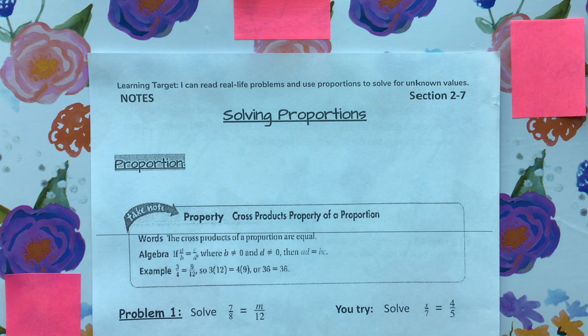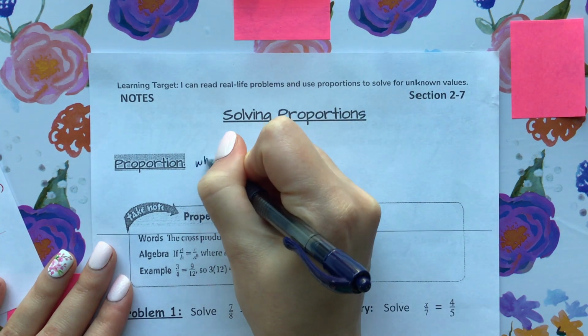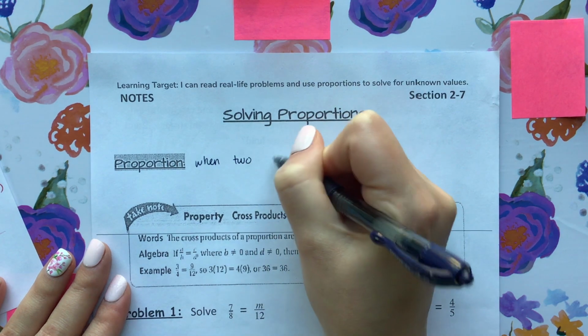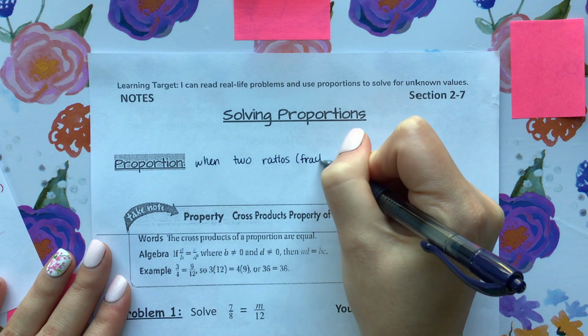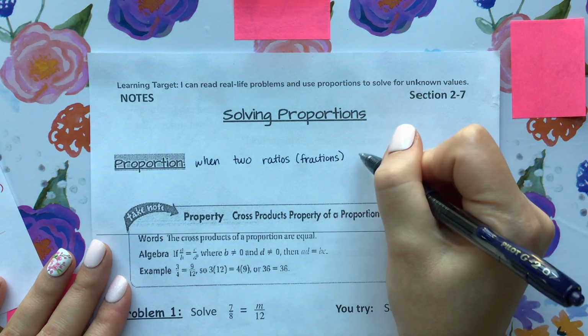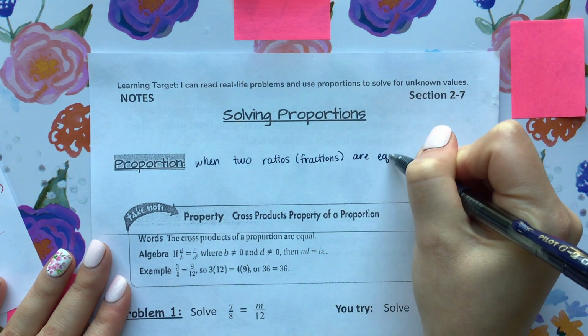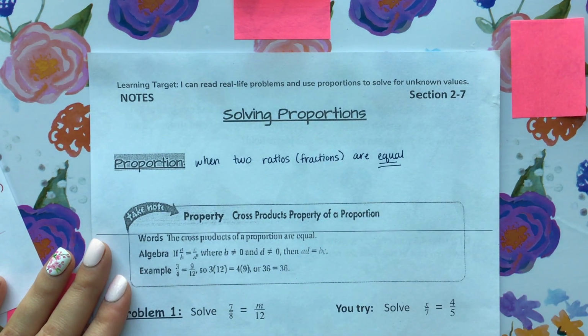So we've talked about proportions many times already, but I'd still like to go ahead and define it one more time. A proportion is when two ratios, which are fractions, so I'll put that in parentheses, are equal. So this is going to be a big clue. You're going to know that you're working with a proportion when you have two fractions with an equal sign in